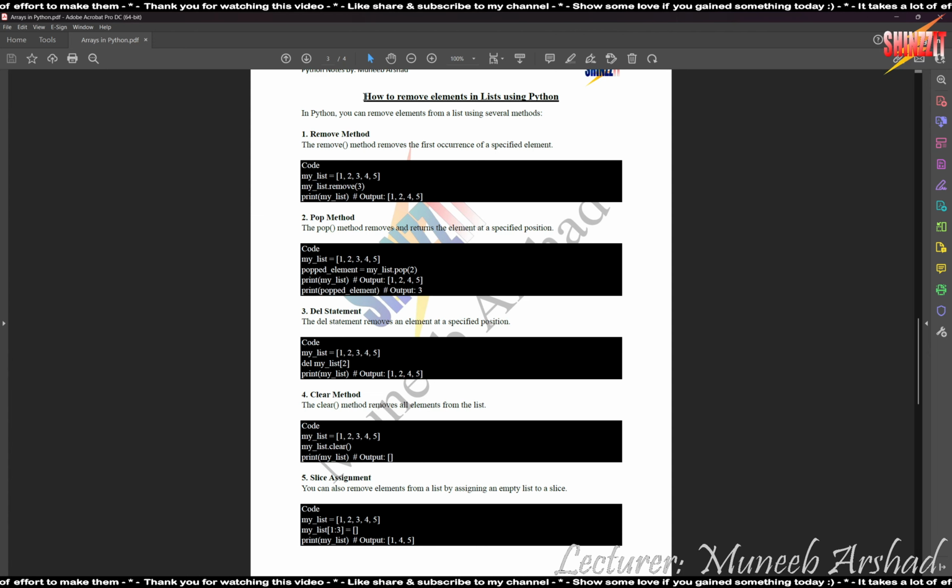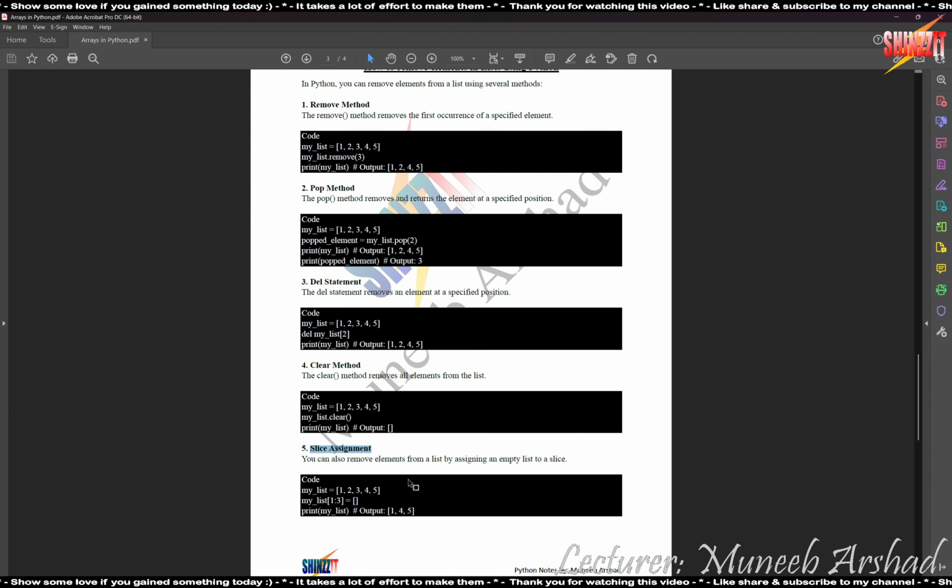Then we have the scenario of removing the elements using Python. So there is a remove method, pop method, delete statement, clear method, and the slice assignment. Slice is basically, if you look at this code, the array is initiated by the name mylist, and then we have the elements added 1, 2, 3, 4, 5. Now this is the syntax that we need to put in, which I will explain. It's written 1 till 3, right? So it will start from the first element, up until 3. Up until 3 means that you will not be